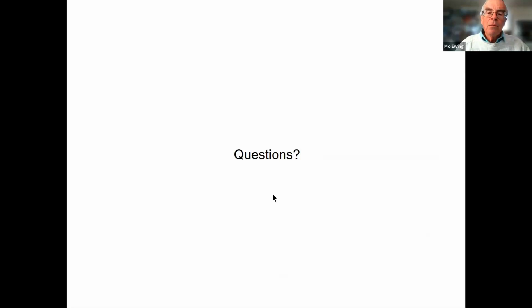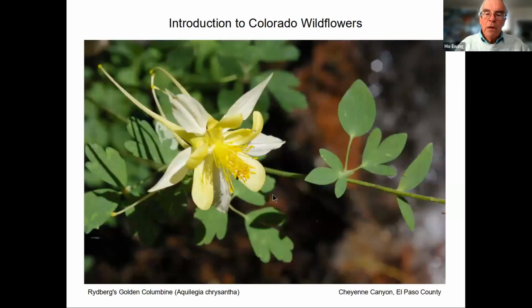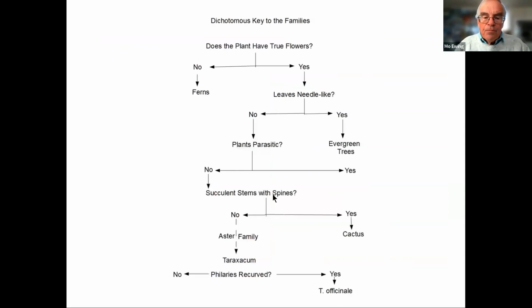Yeah, that's incorrect, it's not filaries. The question should have been, I can't believe I've done this so many times and never noticed that error. When you get down into Taraxacum, in order to get to officinale, they want to know whether or not